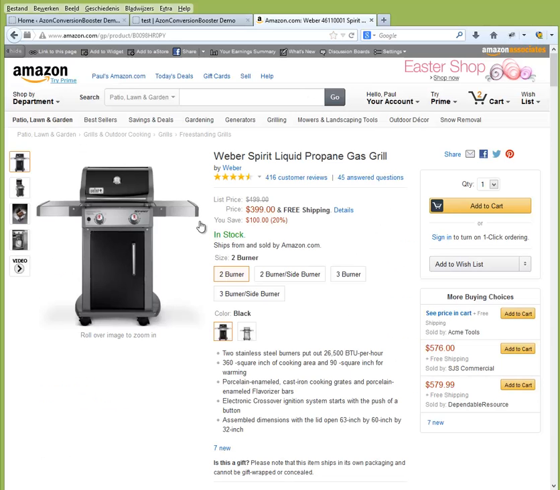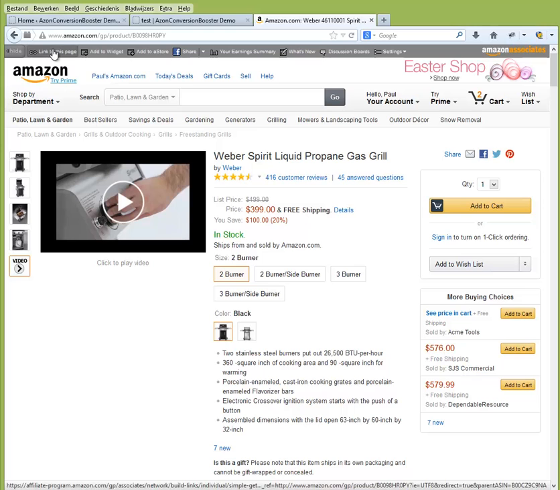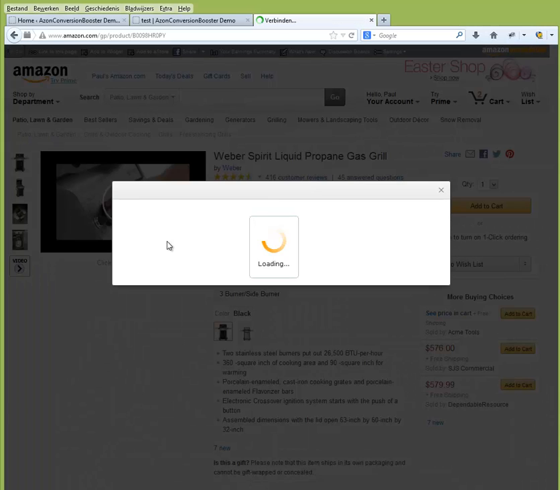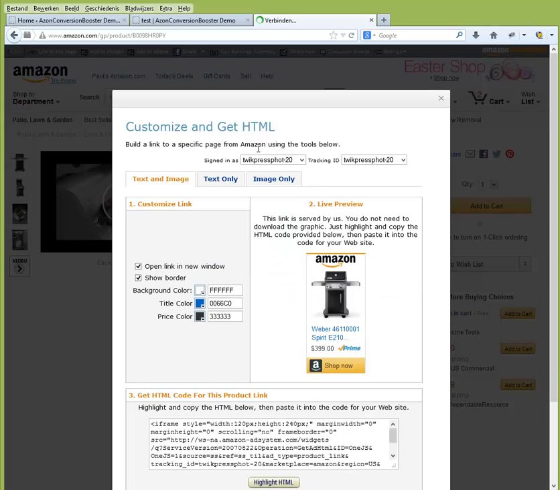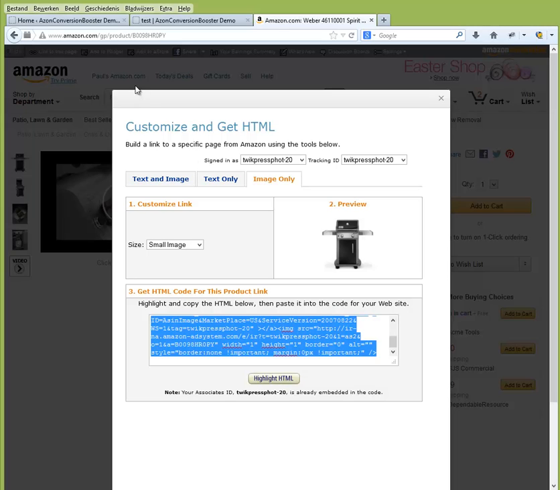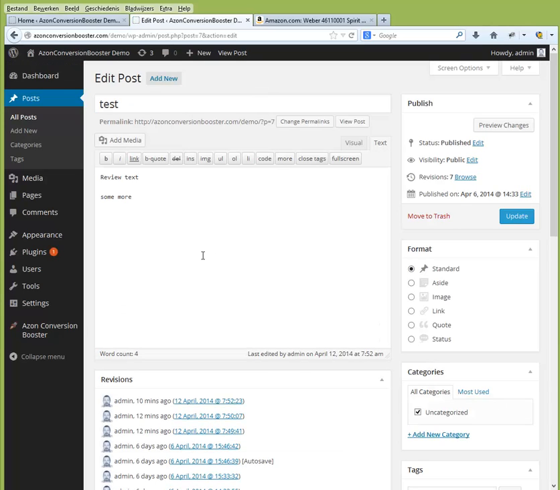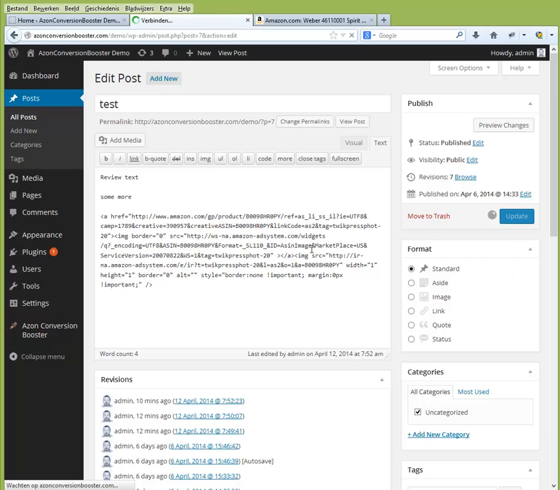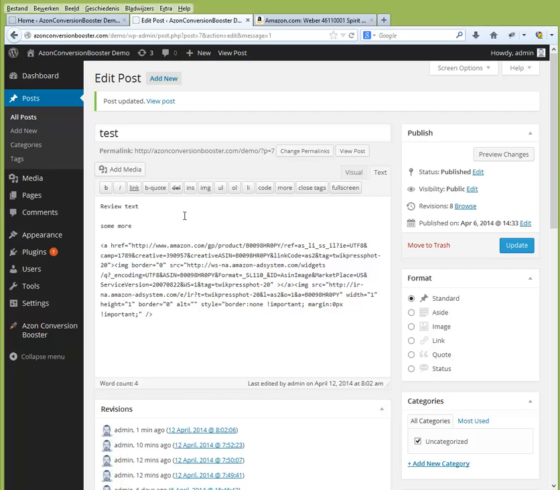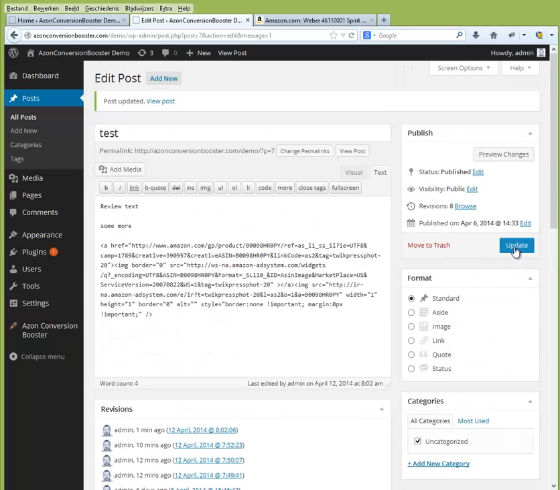So let me show you what happens if I write a little bit and link to this product. And Amazon has this easy feature over here. I want to take the image, highlight the HTML, copy, edit post. I'm going to paste it over there. And again, this is if you do it manually, but if you use any Amazon plugin, it won't take this long. So don't think that you always need to do this manually. If I click update,